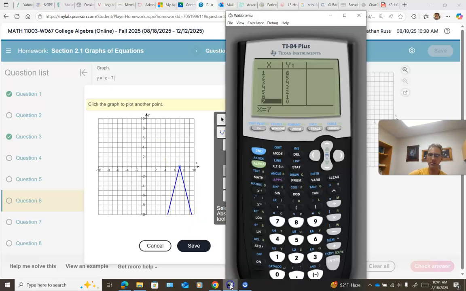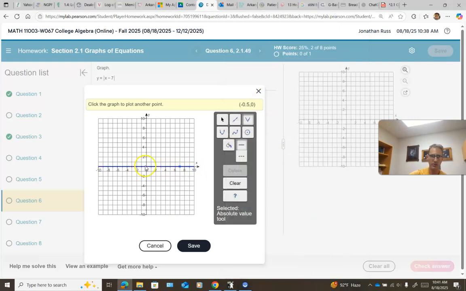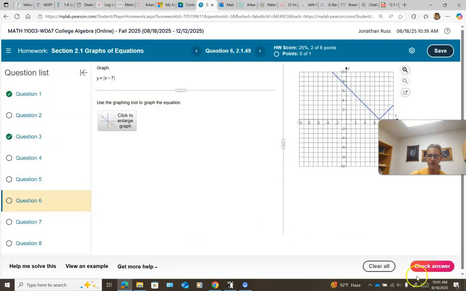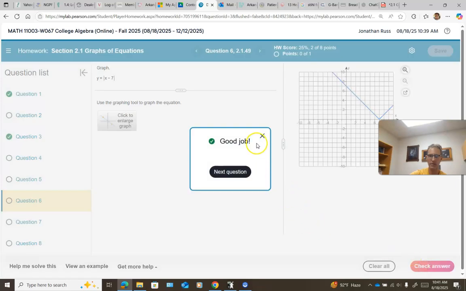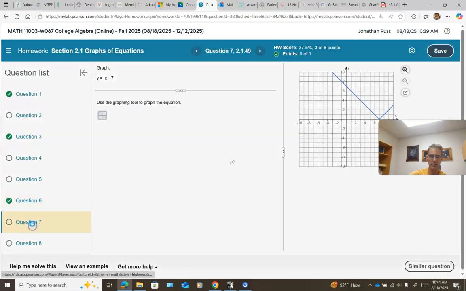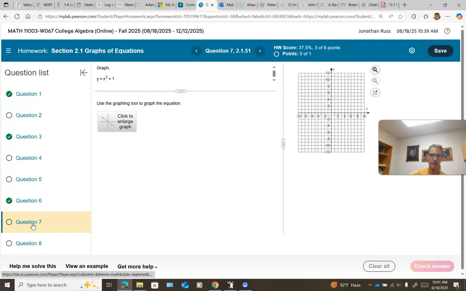So now I just need some other point. Let's see, why don't we use 4, 3? Okay, so come over here, I'll go to the right 4, and then I'll go up 3, and now I'll click. And so now I've got that shape. And I'll save it, and I'll check my answer, and I got it. Okay. And I think question 7, oh yeah, let's look at 7, because it's an example of a cubic